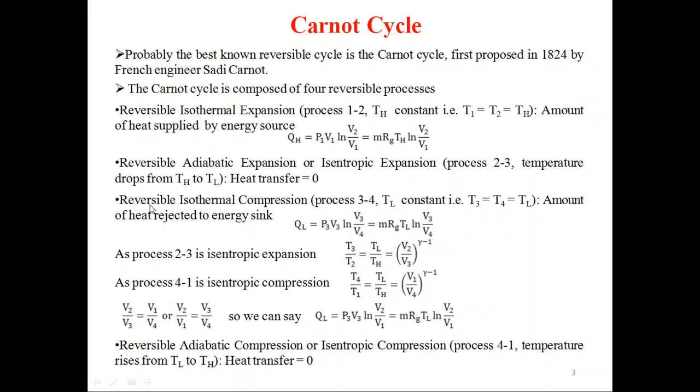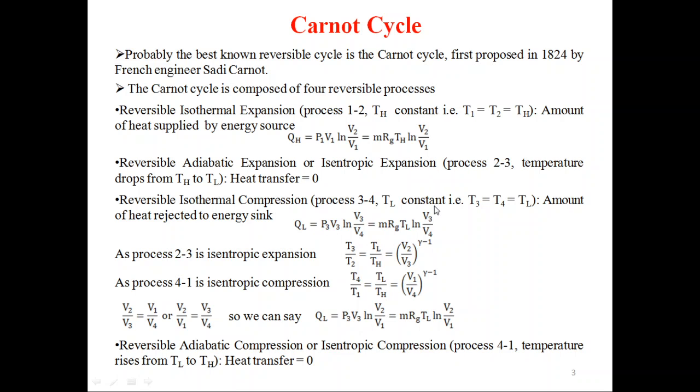Next is reversible isothermal compression process 3-4. TL is constant, that is T3 is equal to T4 is equal to TL. Amount of heat rejected to energy sink at temperature TL is given as QL is equal to P3 V3 natural log V3 by V4 is equal to M RG TL natural log V3 by V4. If you see the equation of QH and QL, now we want to have a relation between